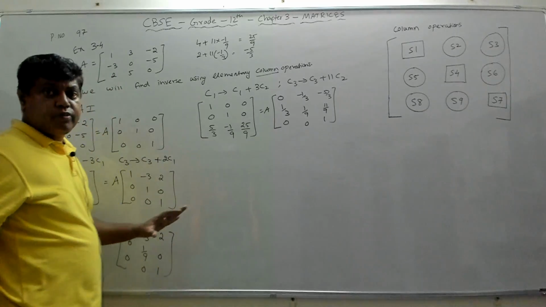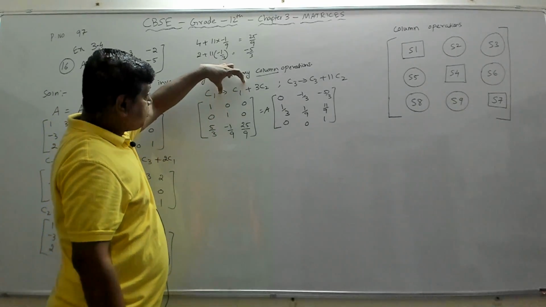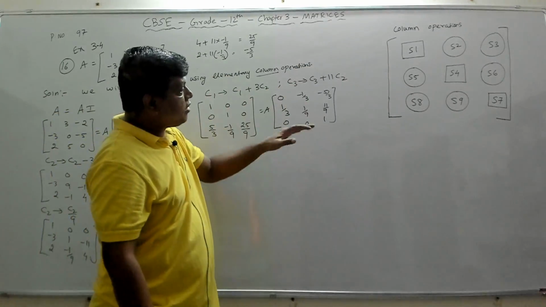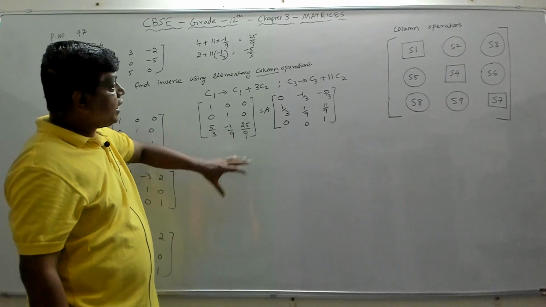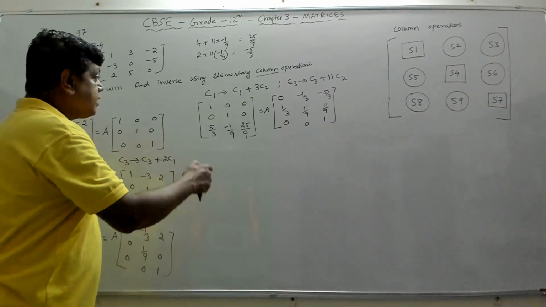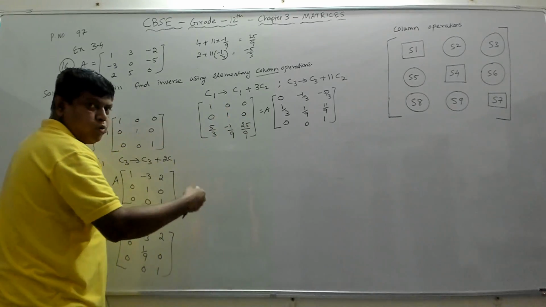If you are confused, if it is very difficult, then do this operation alone as one step, and then after that, do this operation as another step. So do S5 separately and S6 separately, which means make this 0 separately in one step, and after that make this 0 in the next step. So you will have an extra step.